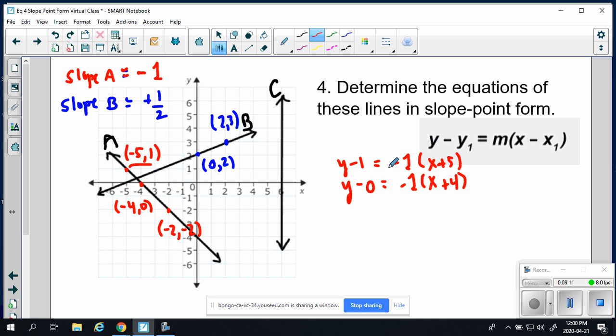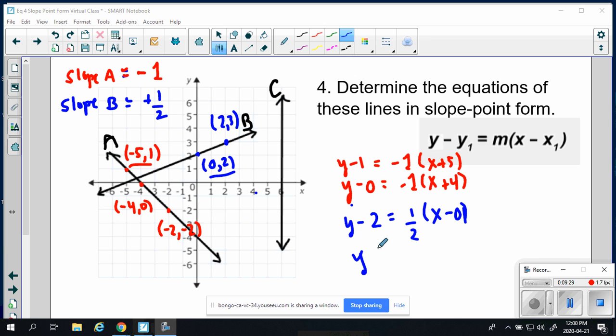But if you simplify them all out, they come to the same thing. So for example, with B, slope B, you could say y minus 2, if I choose this point here, is equal to 1/2 x minus 0. Or you could say y minus 3 is equal to 1/2 x minus 2. And those would both be correct